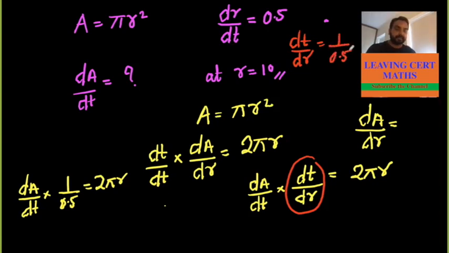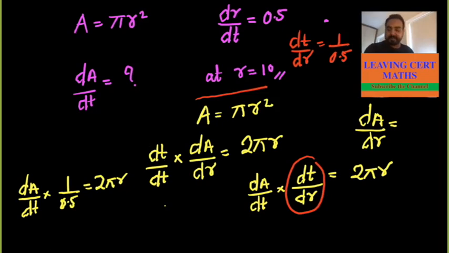Yeah, but why are we doing that? Because we want this value. Initially we want dA over dt, but using this equation we can get only dA over dr. We can't get it with respect to t. So we are manipulating it with respect to t. There is another way you can do it, but it will finally come to the same thing.